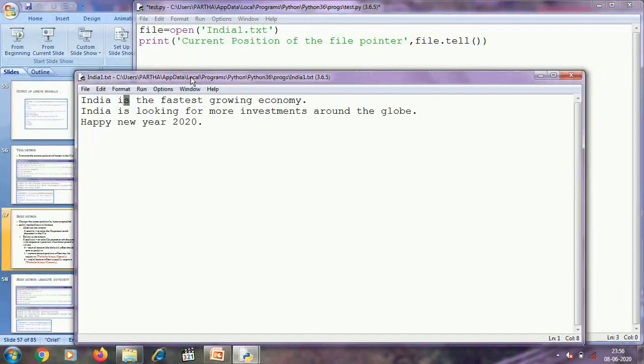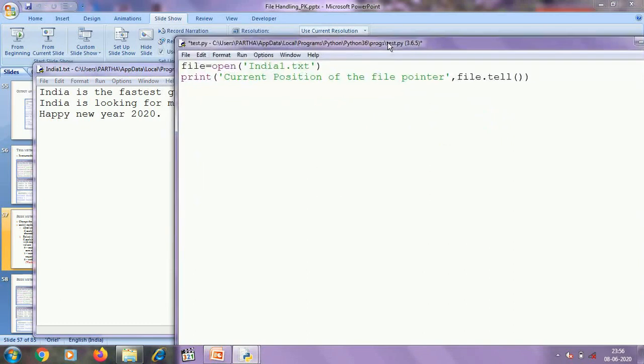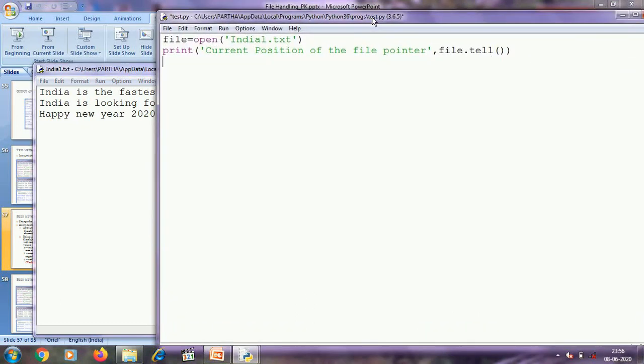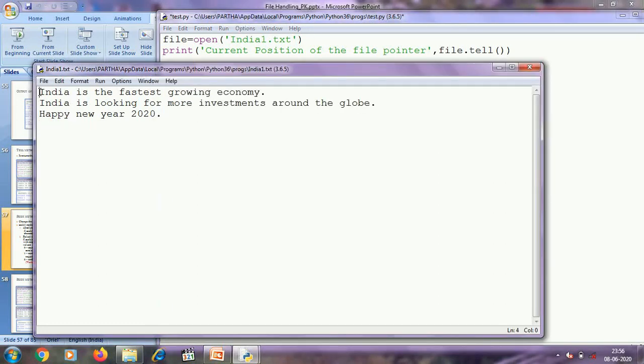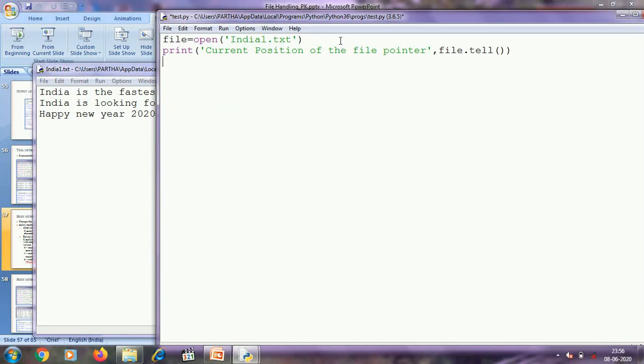This is the text file we are opening, and I have told you earlier that whenever we are opening a file in read mode, the file pointer will point to the starting position of the file. That means it will point to the 0th character of the file. So after opening the file, I am printing the value returned by tell method. That means it will return 0, and after that I am going to read 7 bytes from the text file, and I am storing these bytes to the variable lines.